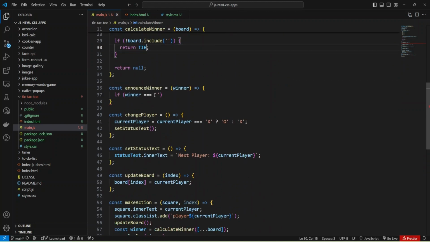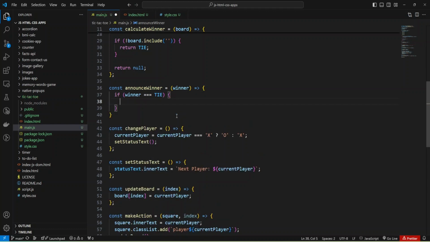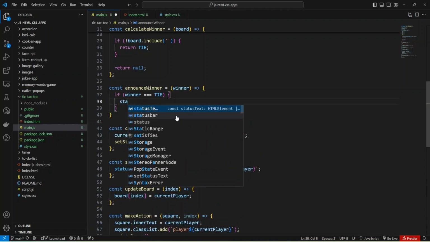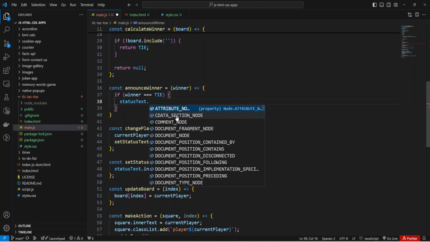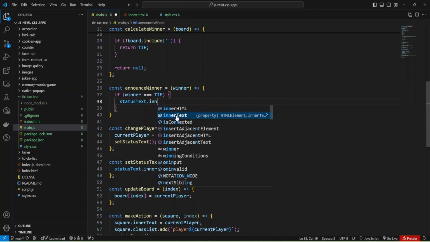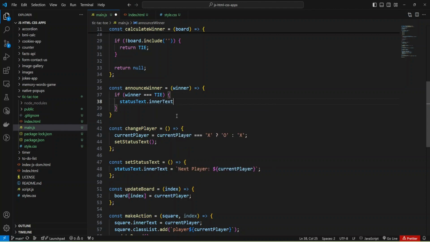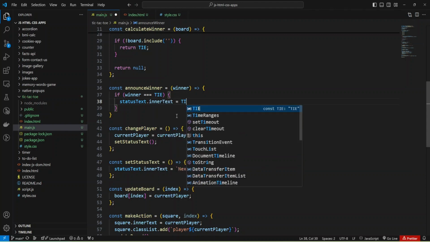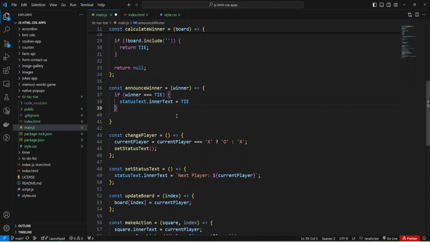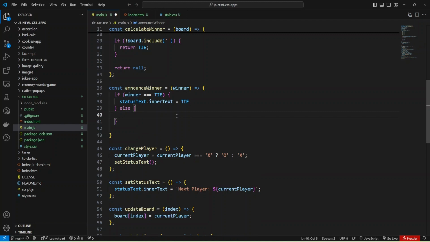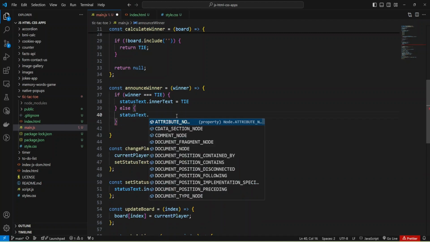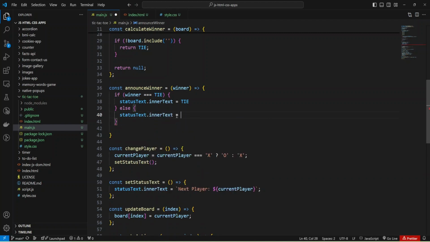Return tie and check if winner equals tie. Then we'll just update the status text, and in our text will be tie, and else if we don't have tie but we have a winner, we can change the status text to winner and provide our winner.